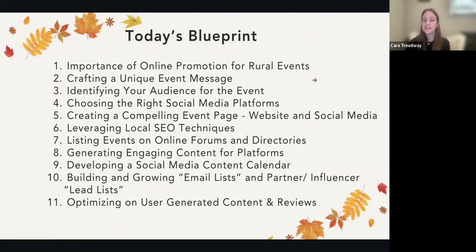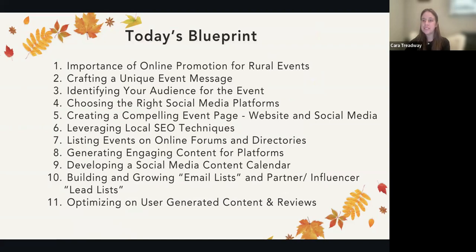All right, so let's take a look at our blueprint for today. As autumn has just started, we are going to explore promoting rural events and activities online. We'll cover crafting catchy event messages, targeting the right audience, and choosing effective social media platforms.